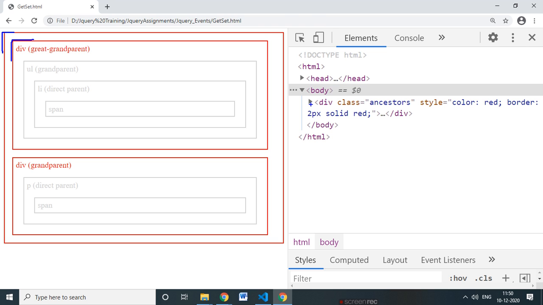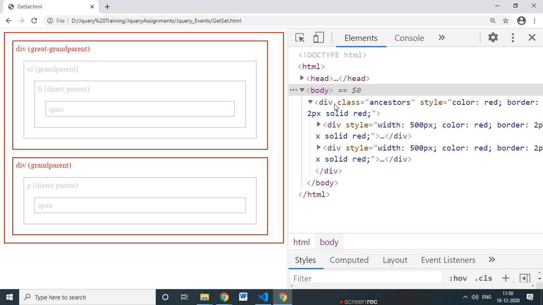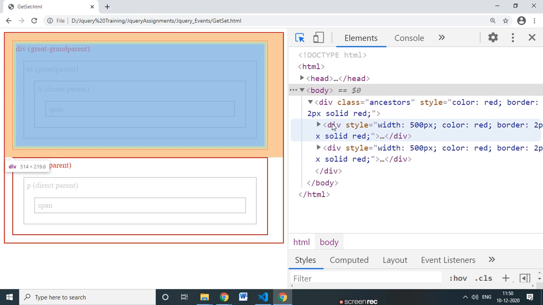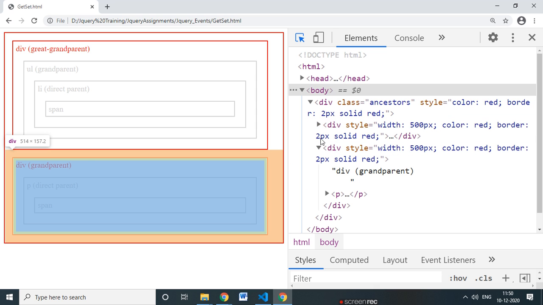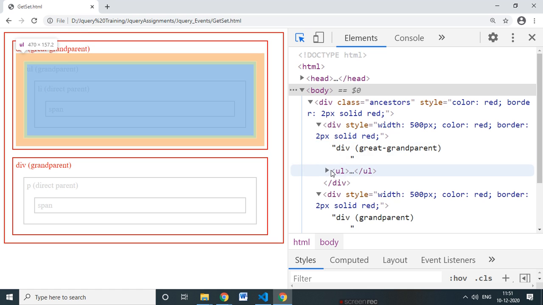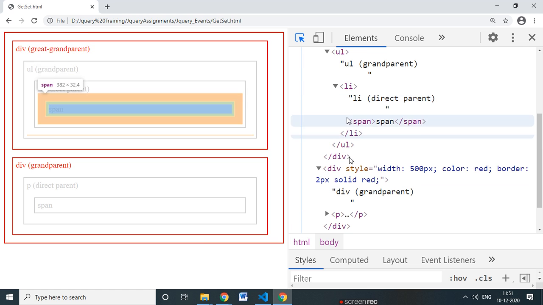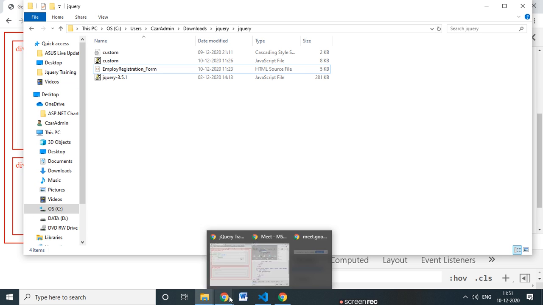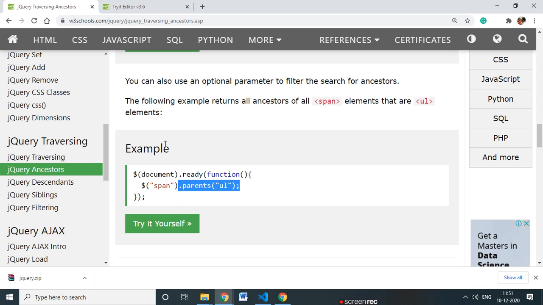As you can see, this is the div. This is the top div and this is the inner div. And that particular div's border has been changed, you can see here, and there is no change in the CSS of other ul and li elements. You can see there is no change. So I hope you understand, this is the parents tag.